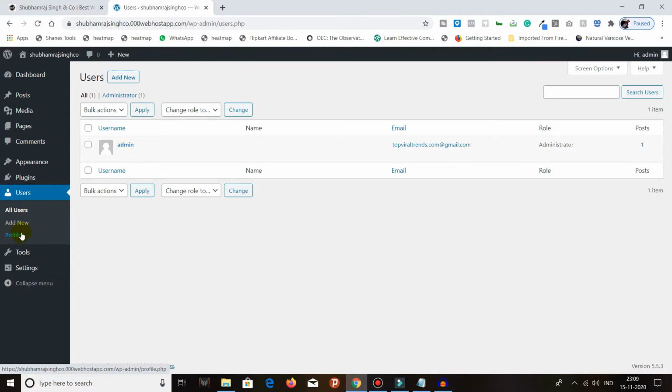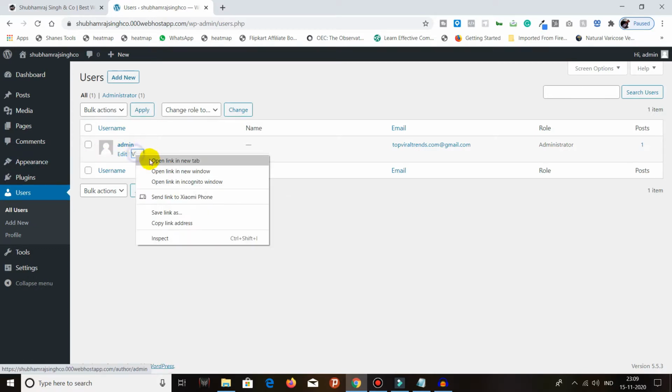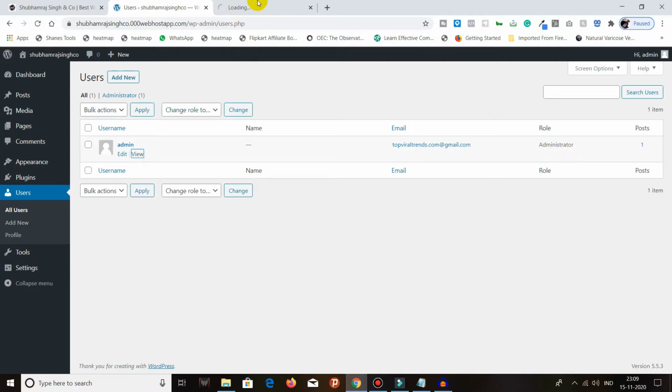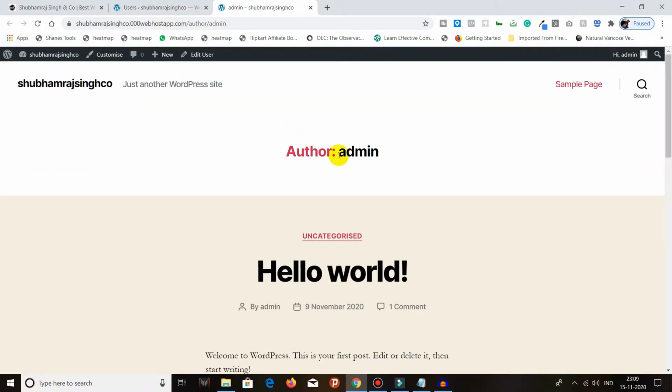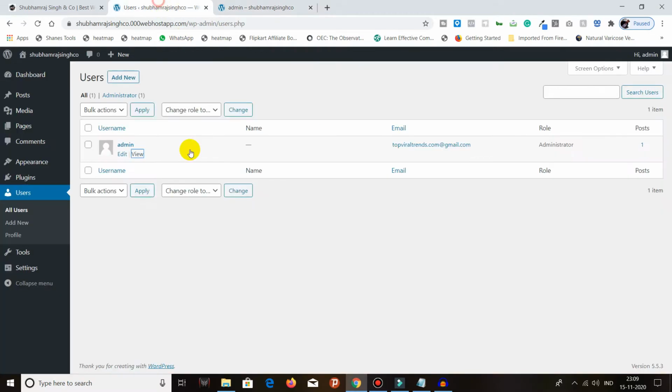Profile is the same thing. I will just click on View and it will show me the profile of the admin. So this is the author admin, which is me. If I want to edit, I can edit my profile, and when I click on edit, it will